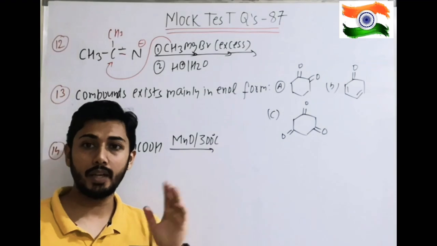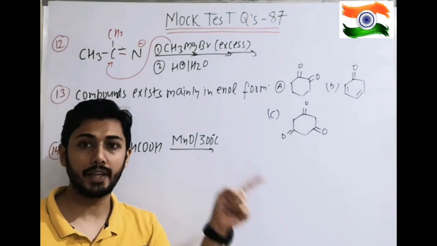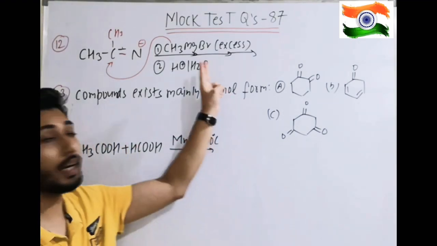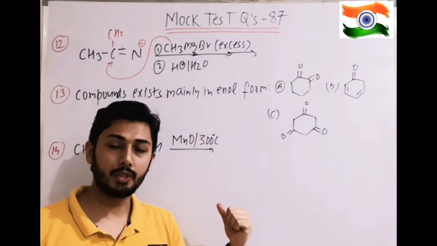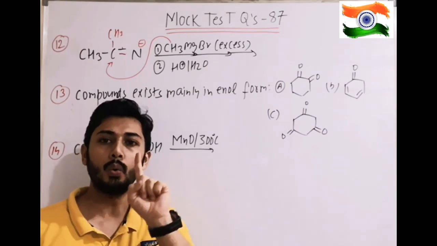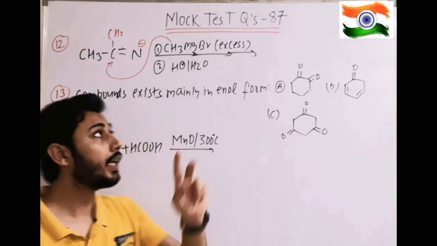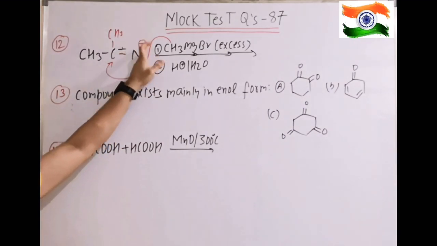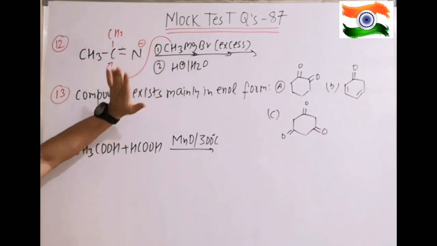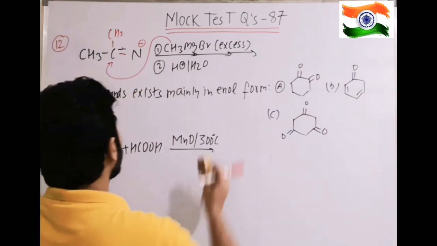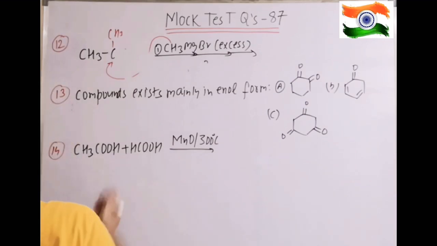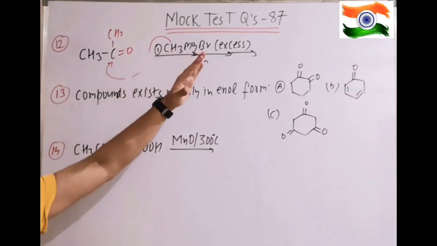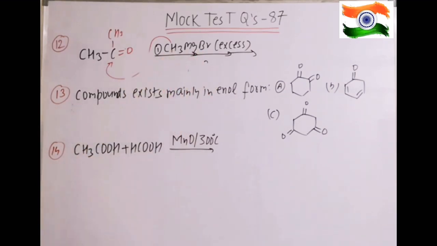But if I take an acid derivative, CH3COCl, and mention excess, that means 2 moles of Grignard will add, and after hydrolysis you will get a ketone. That's why I am putting it here in the discussion that with excess there is no use; only 1 mole of Grignard will add and it will not form further N 2 minus. That means after the first step the reaction stops, and after hydrolysis that bond is cleaved, finally giving the double bond to O. That results in ketone formation. The other part will be NH3 or ammonium ion.